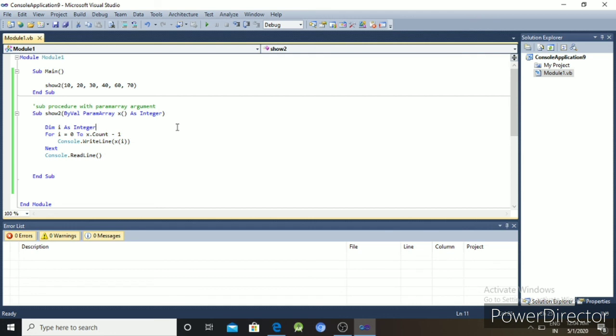So you can solve many problems using sub procedures. Hope you understood the sub procedures.